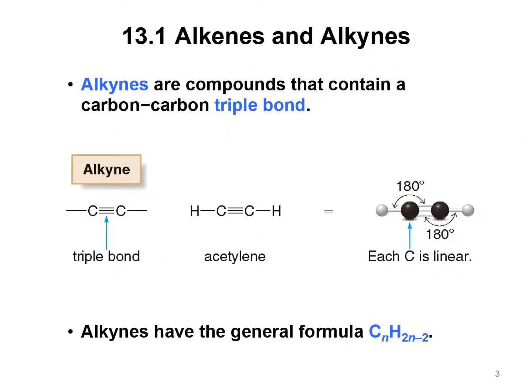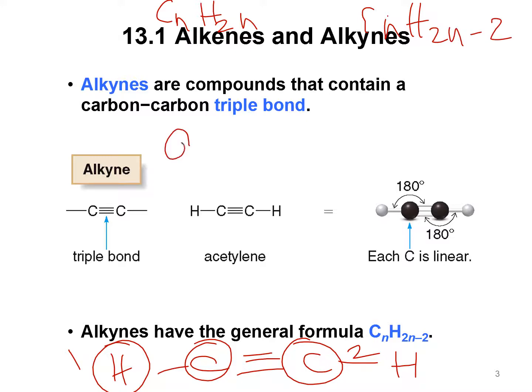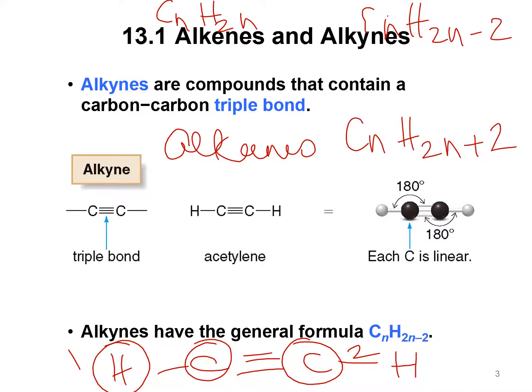Alkynes, on the other hand, tend to be linear, because as you can see, each carbon now has only 2 groups around it. The simple formula for alkenes is CnH2n. Alkynes are CnH2n minus 2. For alkanes, the formula was, to remind you, CnH2n plus 2. And interestingly, alkenes and cycloalkanes share the same general formula,